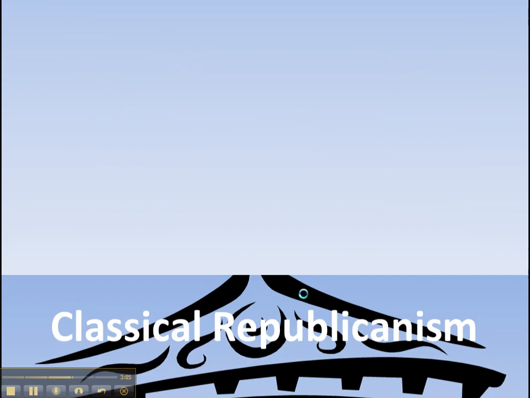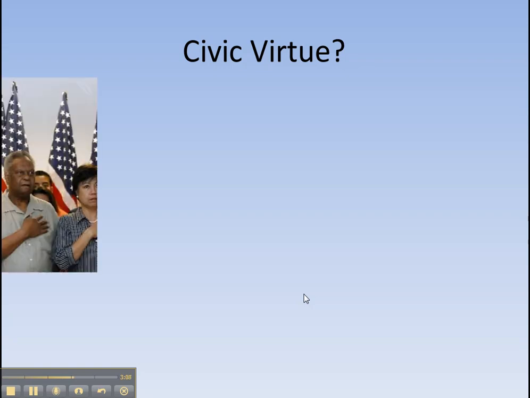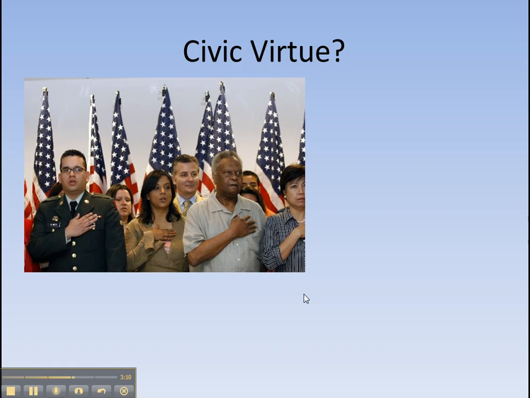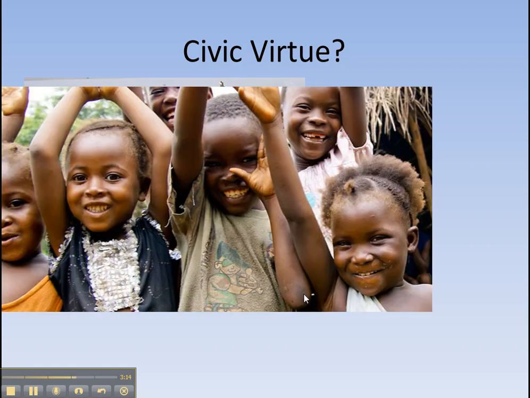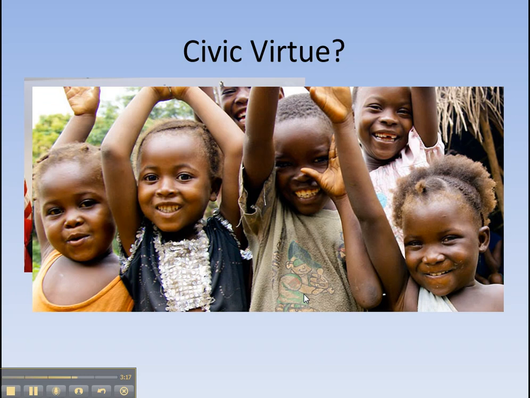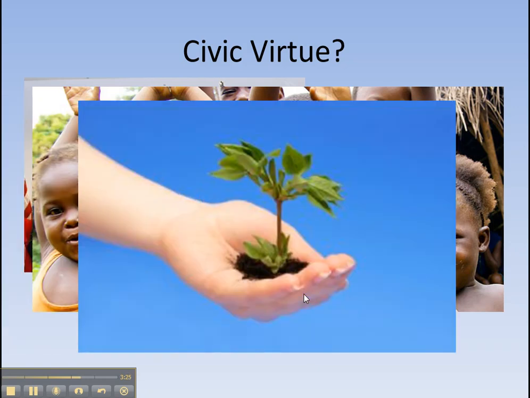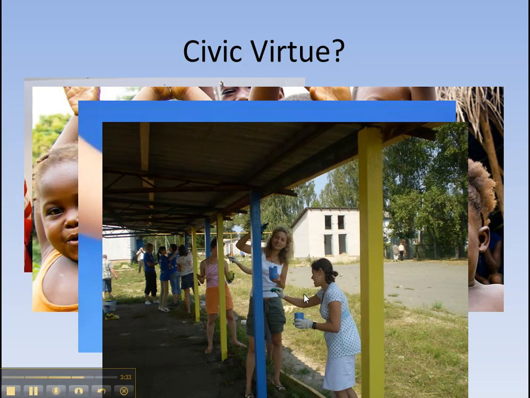When you look at civic virtue, there's a couple of words that can describe it. If you Google citizenship, this is what you get. Yes, that's civic virtue, being a good citizen. If you Google philanthropy, this is what you get. Philanthropy is the idea of reaching out and giving of yourself, giving of your time, talent, and treasure. Perhaps it's stewardship, taking care of that which has been given to you, nurturing it and letting it grow. Perhaps it's volunteerism, stepping outside of your daily life and going and helping somebody. Maybe it's local, maybe it's international. Whatever the case is, it's stepping outside of yourself.